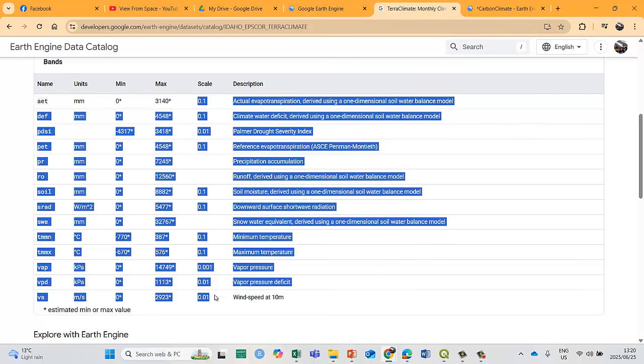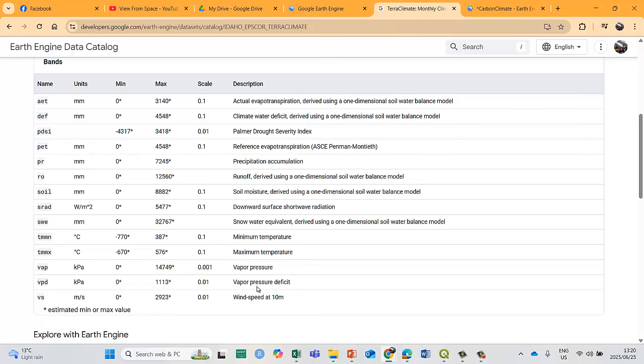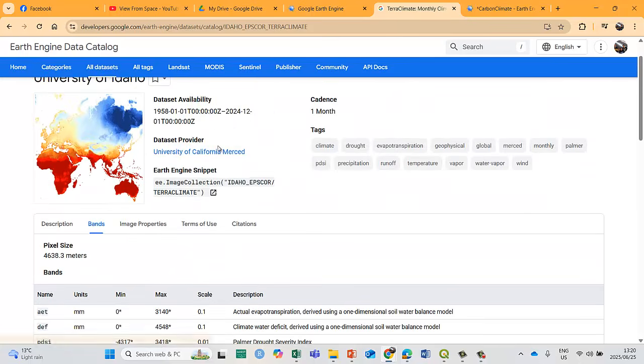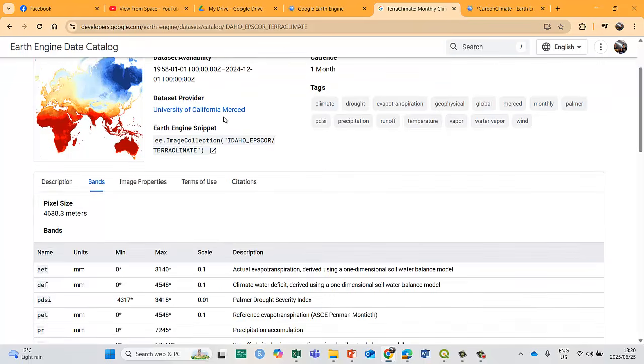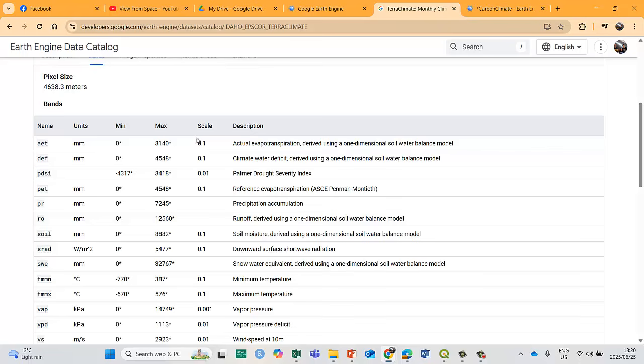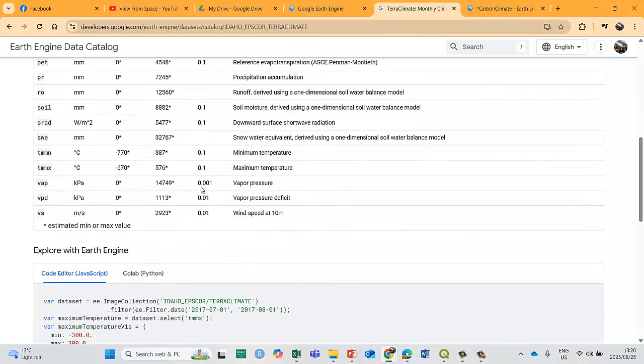That's another reason why you should always look at the description within the source of each data set, to look at the scales, because you have to make sure.